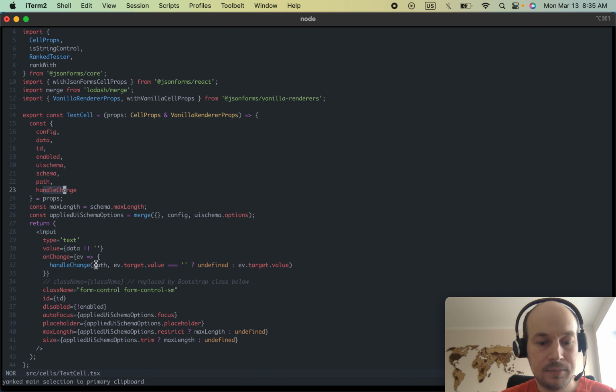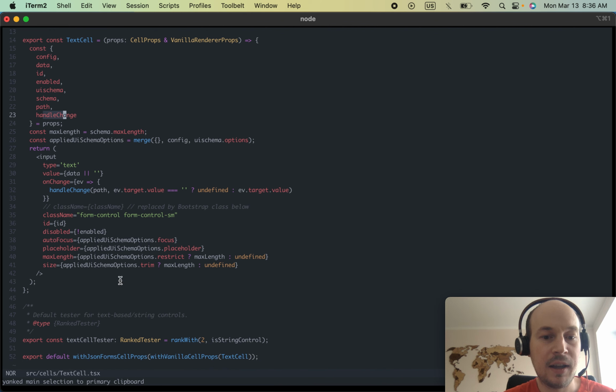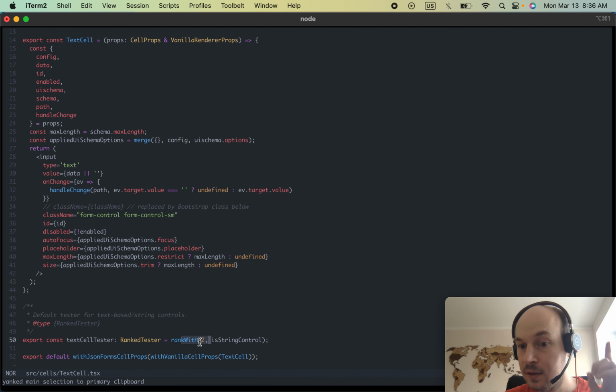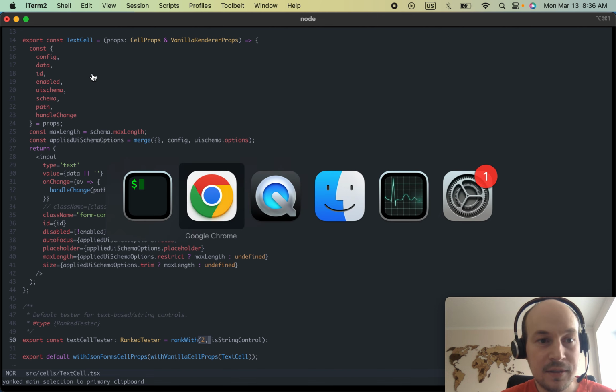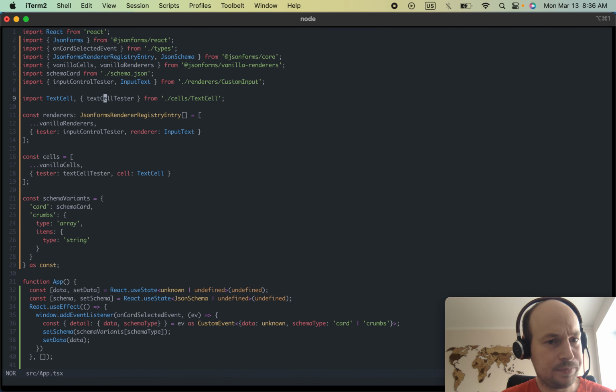And that's my text cell, and of course I had to increase the rank of my cell so that it has more priority when rendering, and it's for string, so just copy pasting stuff works for me. So in original it was rank 1 and I set it to rank 2. So that's how I styled the text thing, and the actual